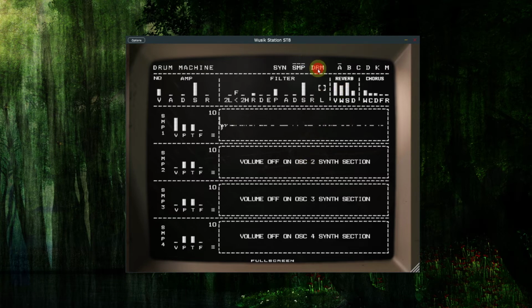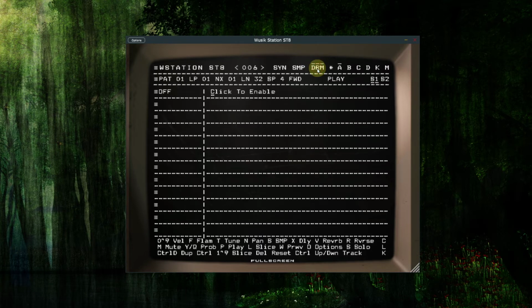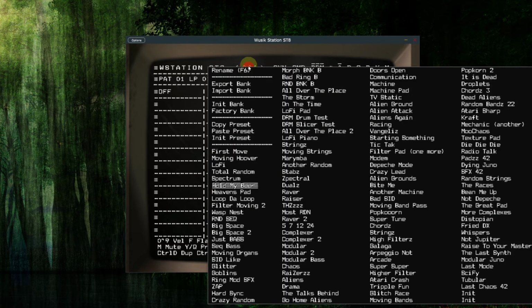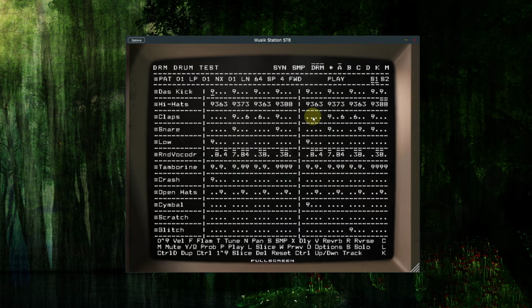Then we have the drum machine. The drum machine is a completely different beast, and it runs in parallel with everything, but it uses the layer reverb. So let me load here a drum test. There is one somewhere. Drum test here. So this is the drum test. So if I play,